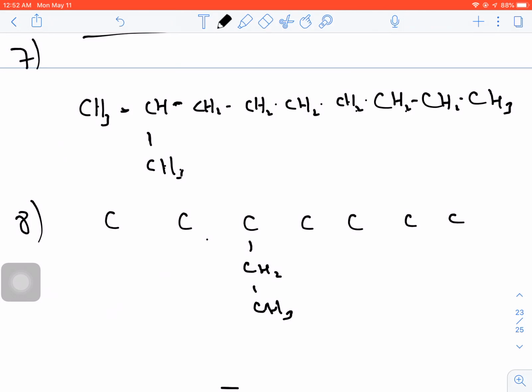Now I've got to put in my hydrogens. This carbon gets 3. This carbon gets 2. This carbon here already has 3 bonds, so it only needs 1 hydrogen. This one needs 2 hydrogens. 2 hydrogens. 2 hydrogens. 3 hydrogens. Okay, there becomes 3-ethyl heptane. So notice it takes a little bit of getting used to, but once you've done some of these, you realize they're not too bad. Now, if we look in our notes here, we're going to move from the alkanes to